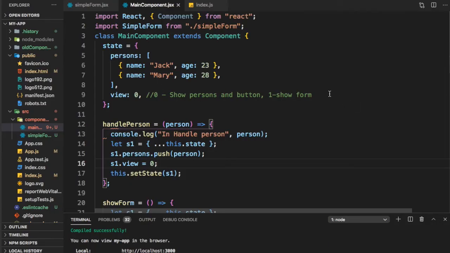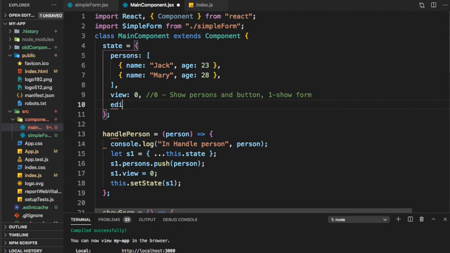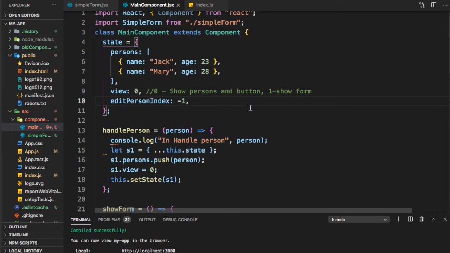So here we need to know whether we are in the edit mode or we are in the add mode, and we need to know the index. So one way to do it is I have edit person index, which is say -1. Now edit person index is the index of this array, which person is being edited. So -1 can't be the index here. So it tells me that we are not editing somebody. If this edit person index was 0 or a value greater than 0, it would signify that we are in the edit mode. So that is how we do it.